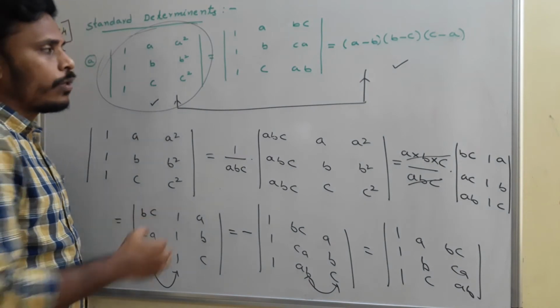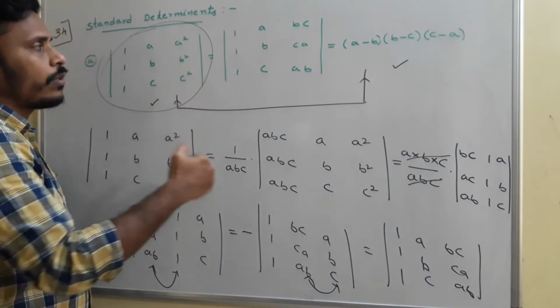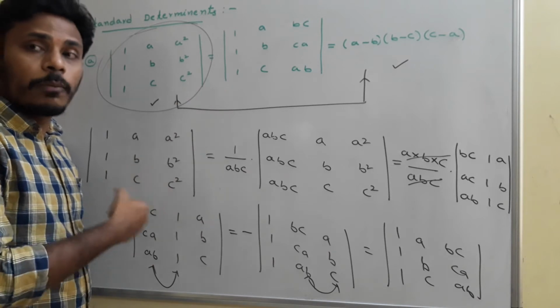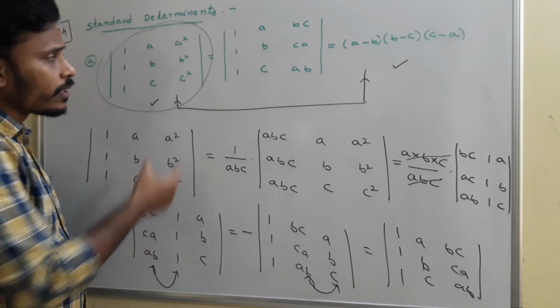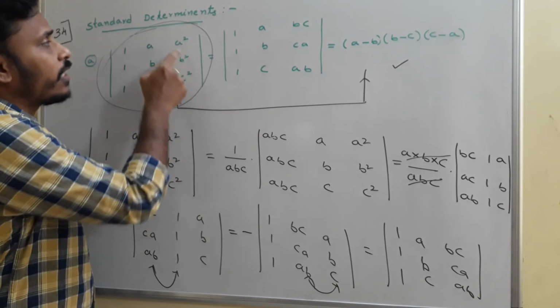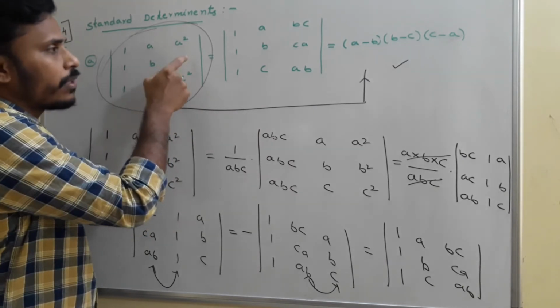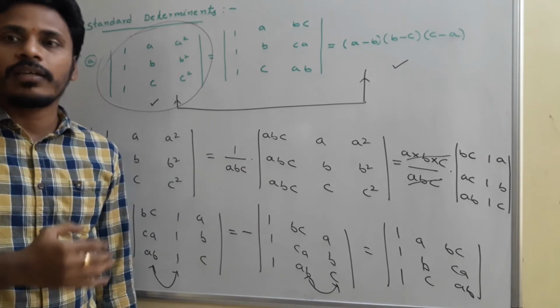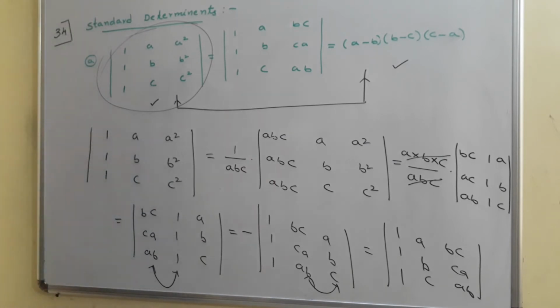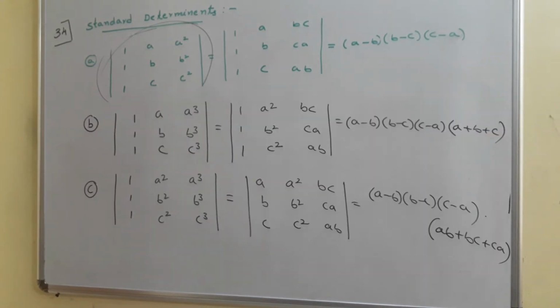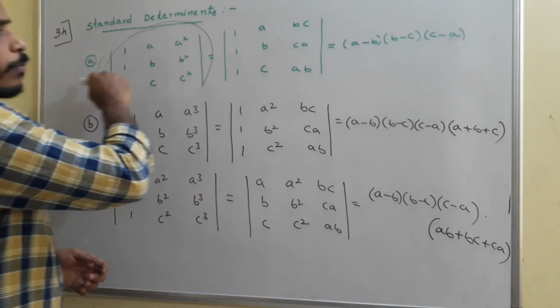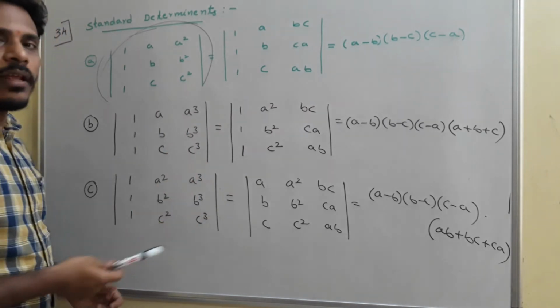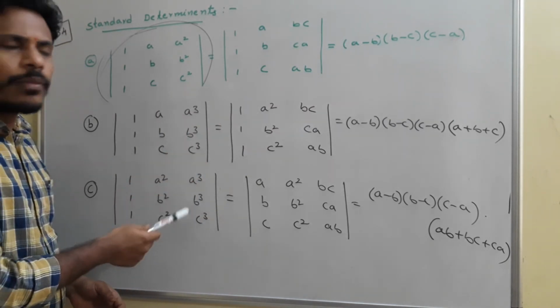What I am going to tell you is that we have some other standard determinants which I am going to list now. If you observe all those standard determinants, you need to identify the answer just by observing the powers. If the power is simply 3, you need to have 3 terms as its answer. Just as a way of memorizing, I mentioned it. I will give you some more determinants, which gives you much more clarity. Just have a look. Observe the other standard determinants as I mentioned. As we proved the first one, similarly there is a chance to prove the second and the third also. I have 1 or 2 again.